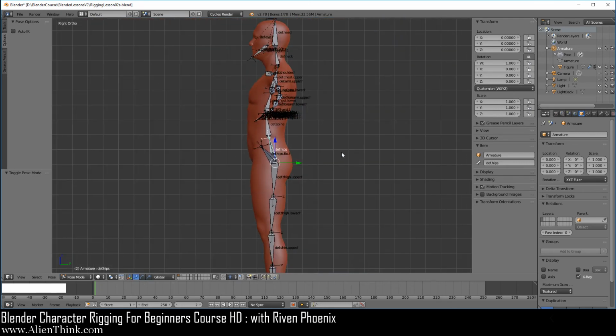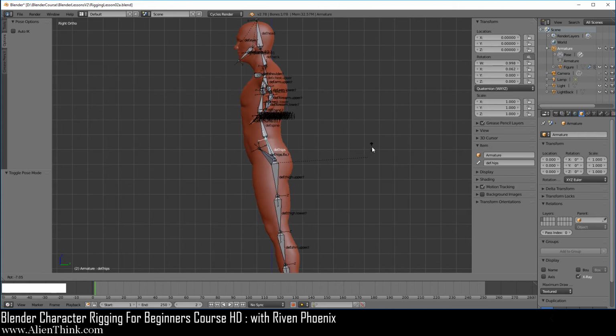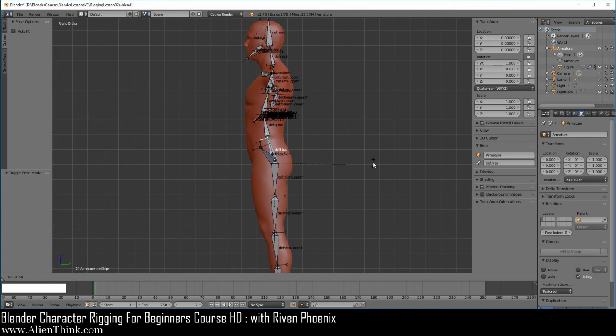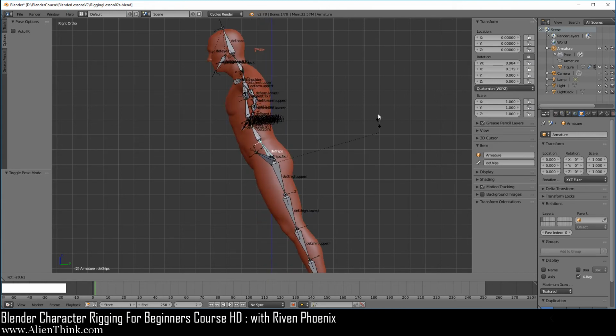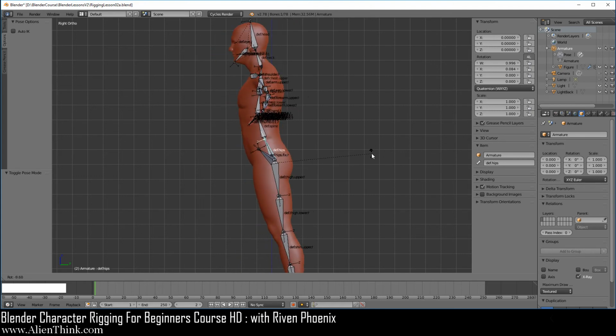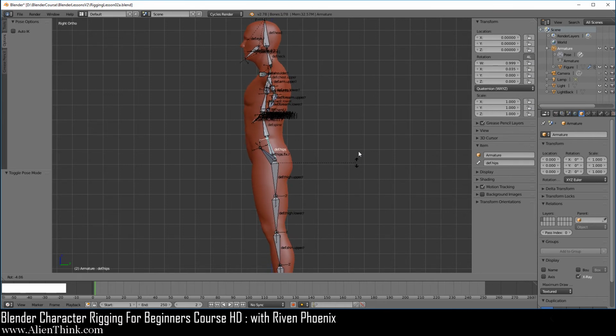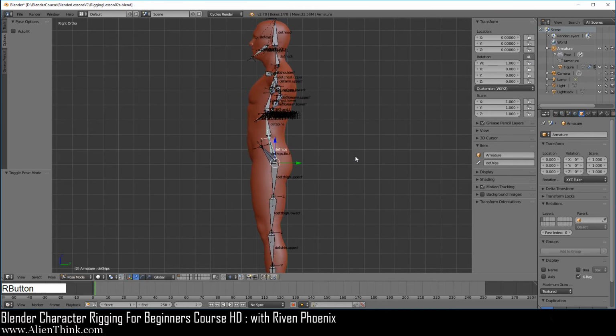I'm going to zoom out. Now, right now, because this is acting like the root bone, when you press the R key, this is basically the root or the parent of all the bones. So this is why the entire figure is going to move. Okay, so we're going to leave it like this. It's only with the non-deformed bones that we can stop the figure from doing this. Okay, so right click to cancel.